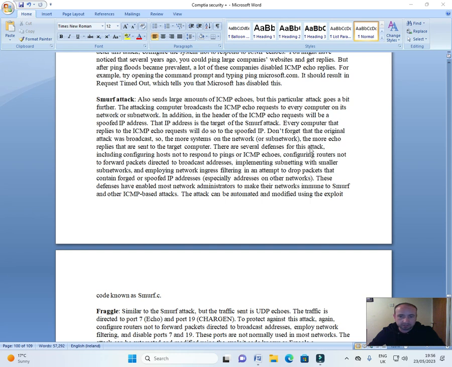There are several defenses for this attack, including configuring hosts not to respond to pings or ICMP echoes, configuring routers not to forward packets directed to broadcast addresses, implementing subnetting with smaller subnetworks, and employing network ingress filtering in an attempt to drop packets that contain forged or spoofed IP addresses, especially addresses on other networks. These defenses have enabled most network administrators to make their networks immune to Smurf and other ICMP based attacks. The attack can be automated or modified using the exploit